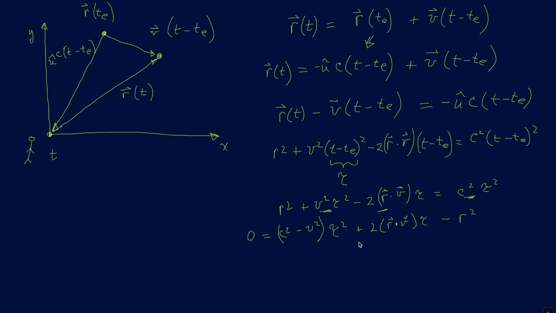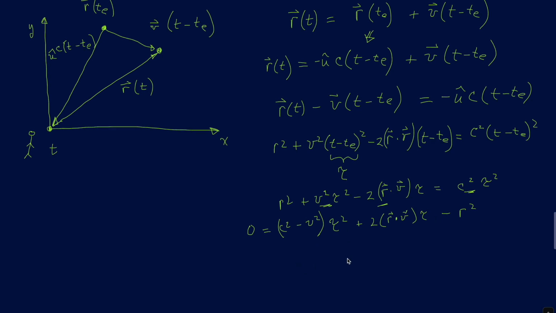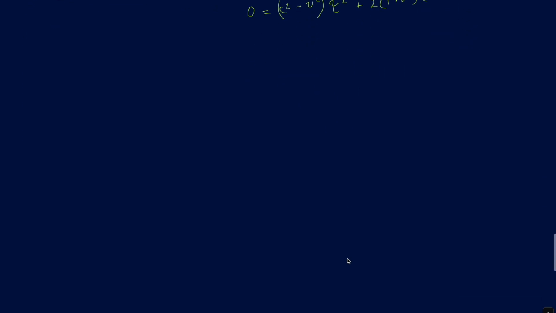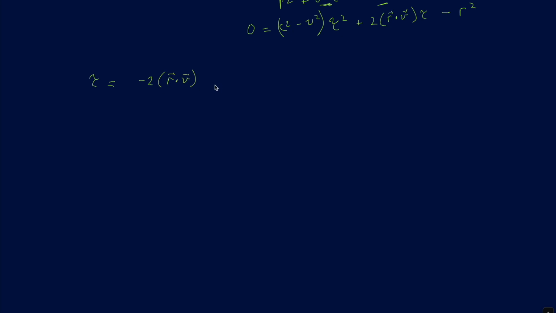Okay, we are now ready to solve this equation for tau. So let's go ahead and do that. Okay, so what are we going to get? We're going to write this over here. We're going to get tau equals minus this thing. So it's going to be minus 2r dot v plus or minus